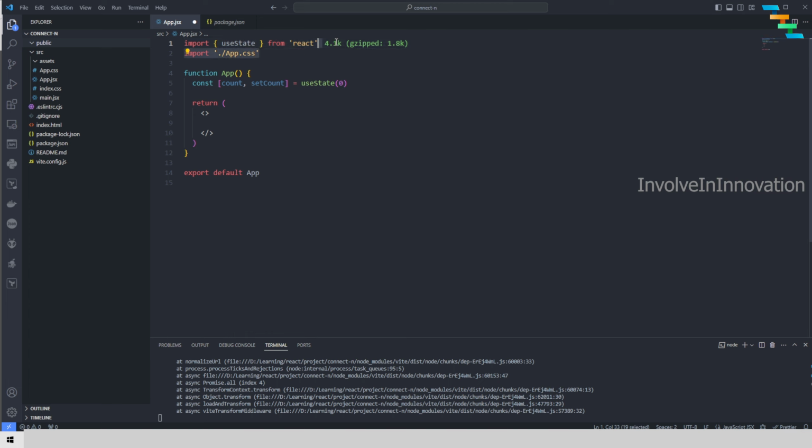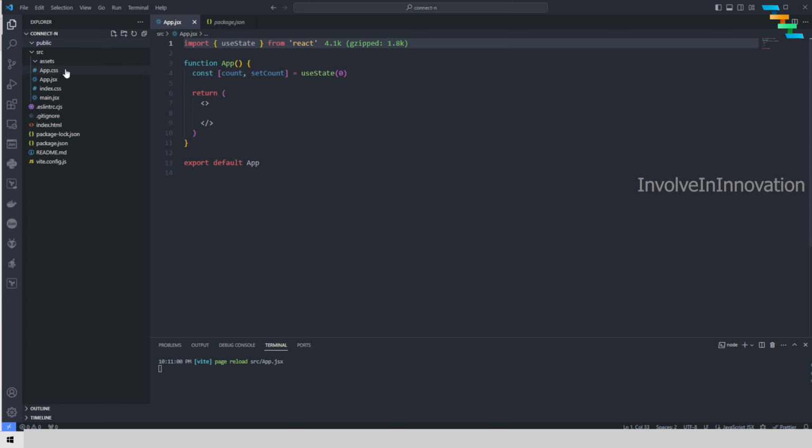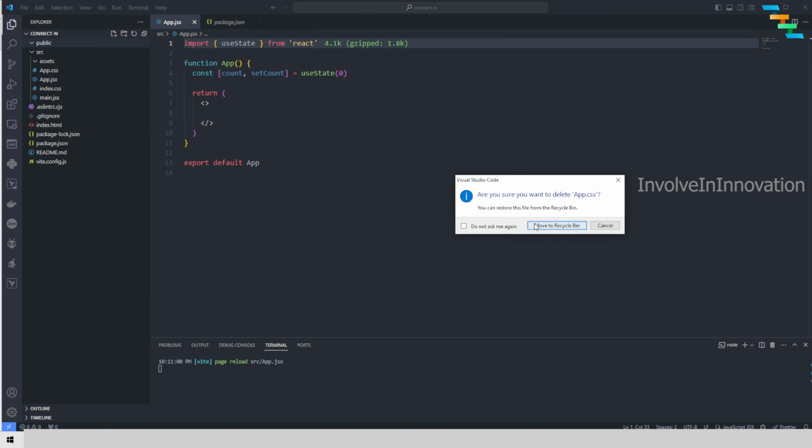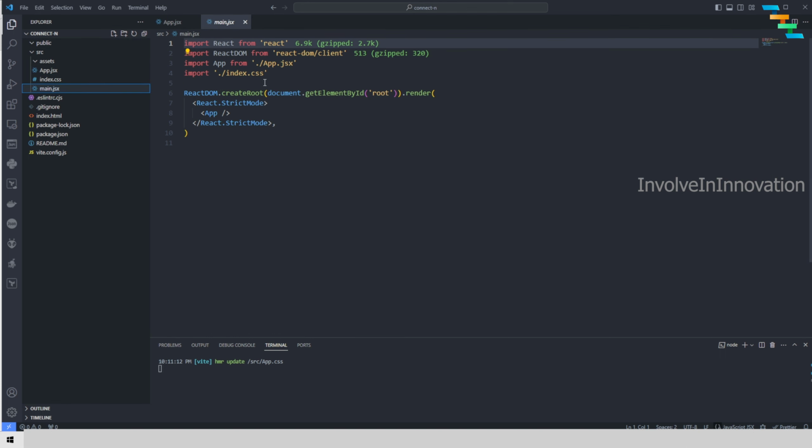And you don't need the app.css as well, because we are going to use the styled components. With styled components you can build the CSS as components. So I will delete the app.css as well, and then go to main.jsx. Everything is perfectly fine, and go back to the